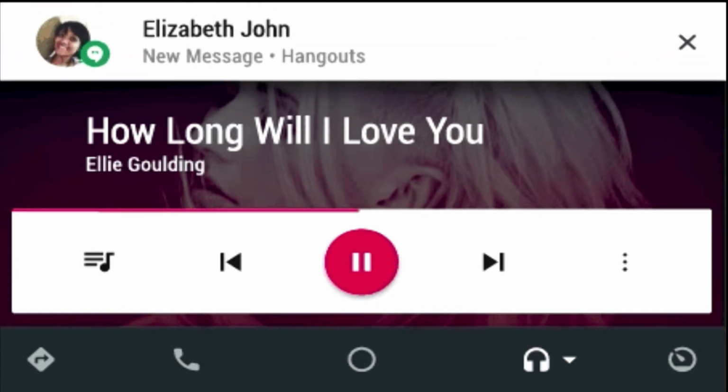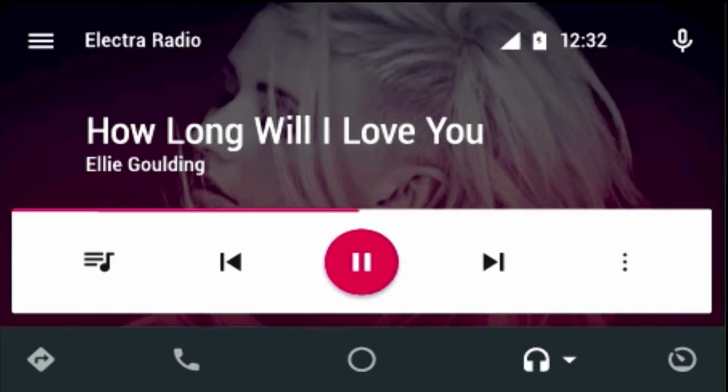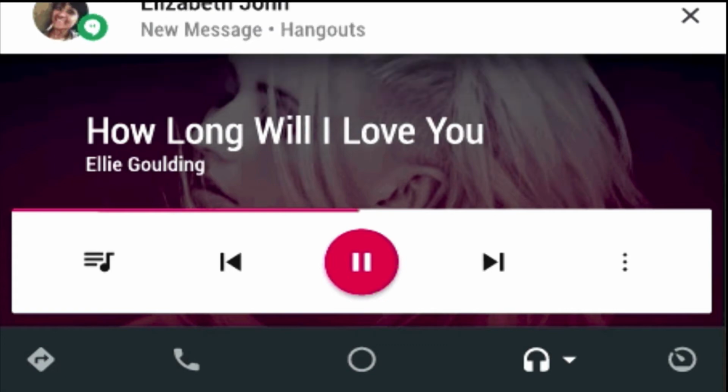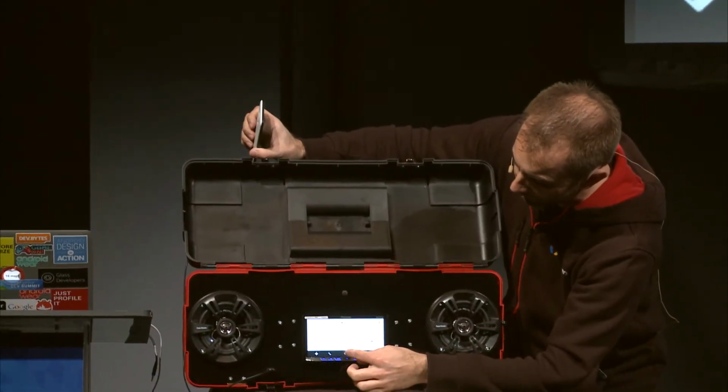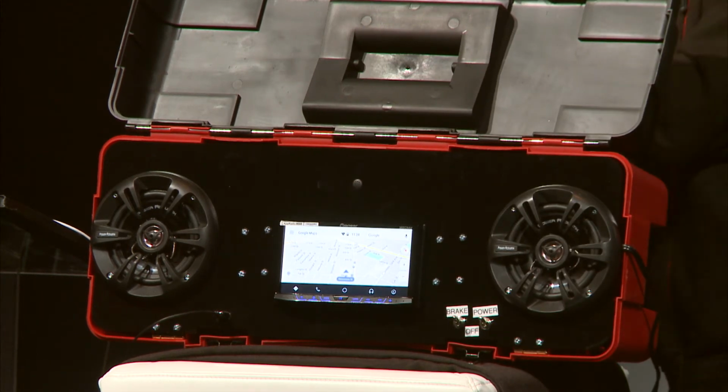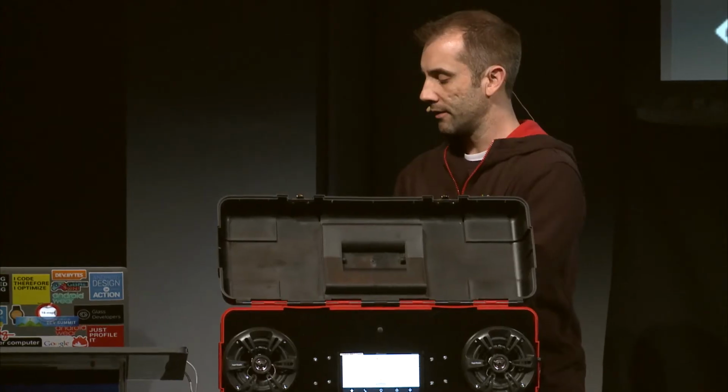So now what we'll do is I'll show you a quick little demo. So you can see here I've got my Pioneer unit, and on the screen here, it's the generic UI of whatever I'm doing, but I can flip between maps or whatever I want. But now, if I use my little testing app here to generate a fake message,